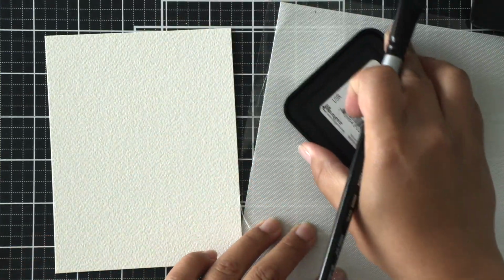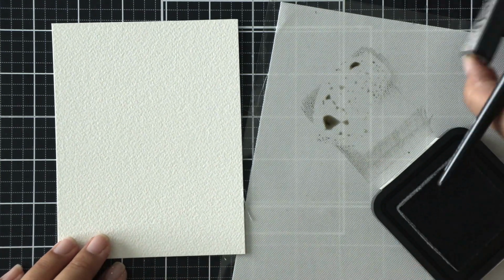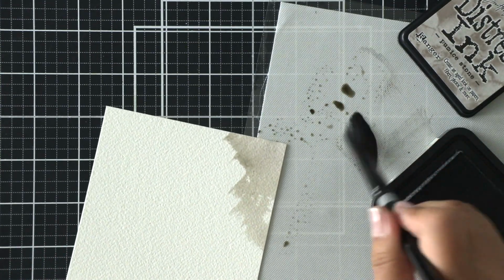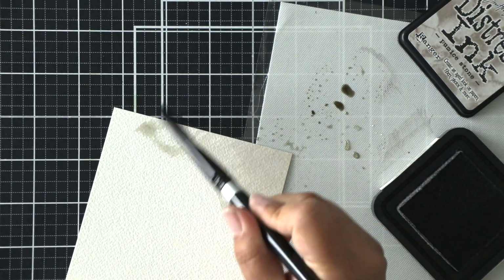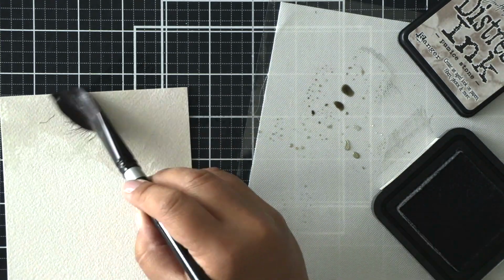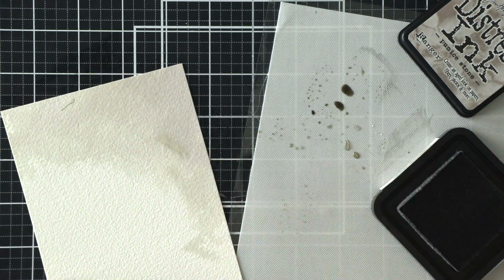I have another watercolor panel. I have the old letter and crackle background stamp sets that I'm going to be using. I smushed some pumice stone distress ink onto a craft mat, and I'm just going to add some color to this watercolor panel to give it an old paper look. I'm loading my brush with lots of water and picking up that distress ink and just painting that color onto